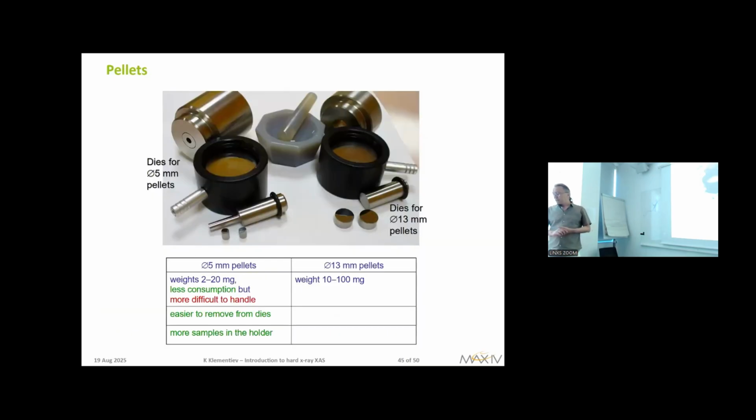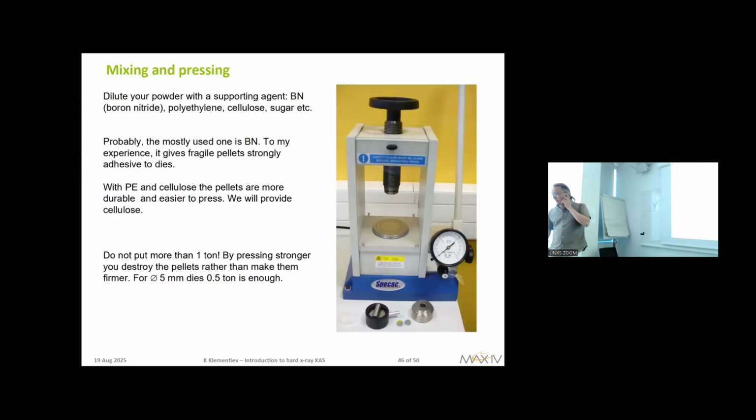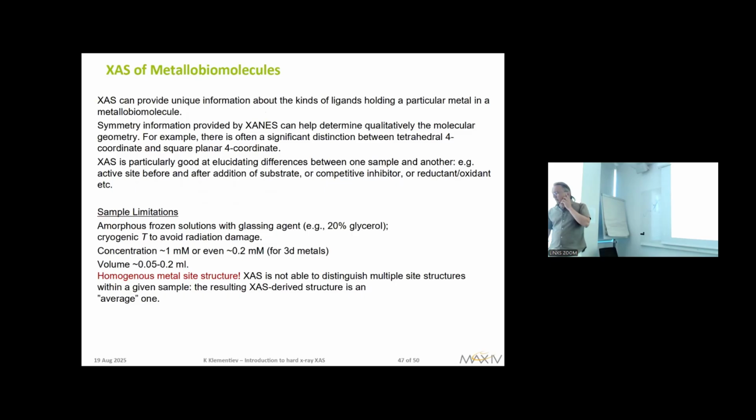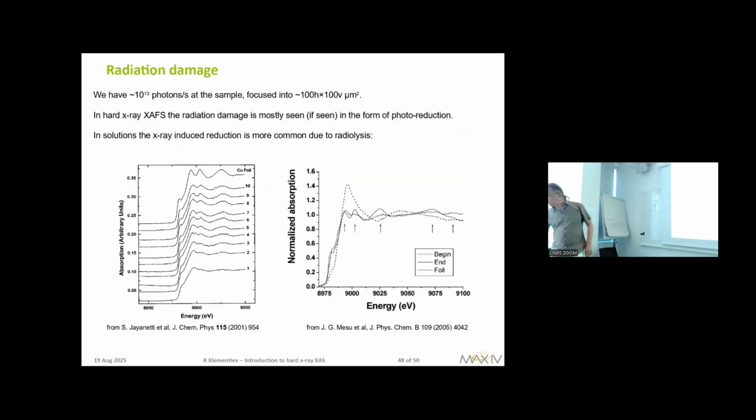We use these press forms, most typically 13 millimeter dies, but also 5 millimeter if you have not much of materials. 13 millimeter is easier to handle. That's why it's more popular. And then we press it using this press. I think I skipped this. Yes, and just a few